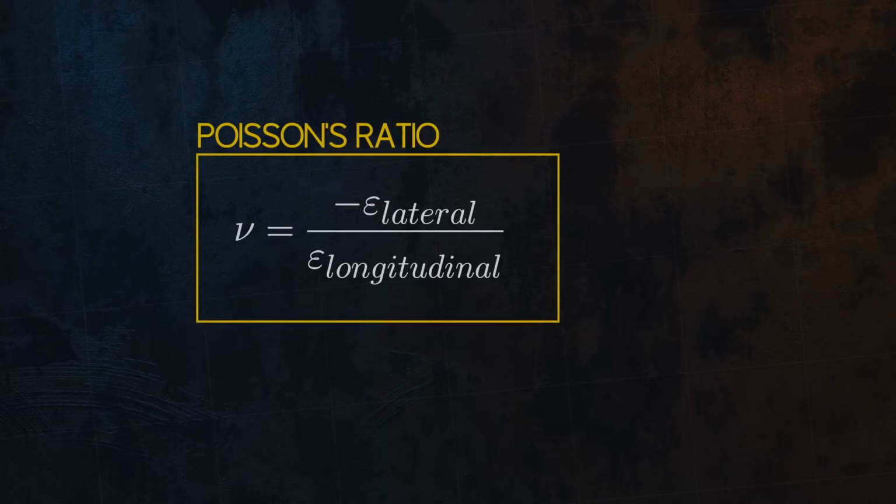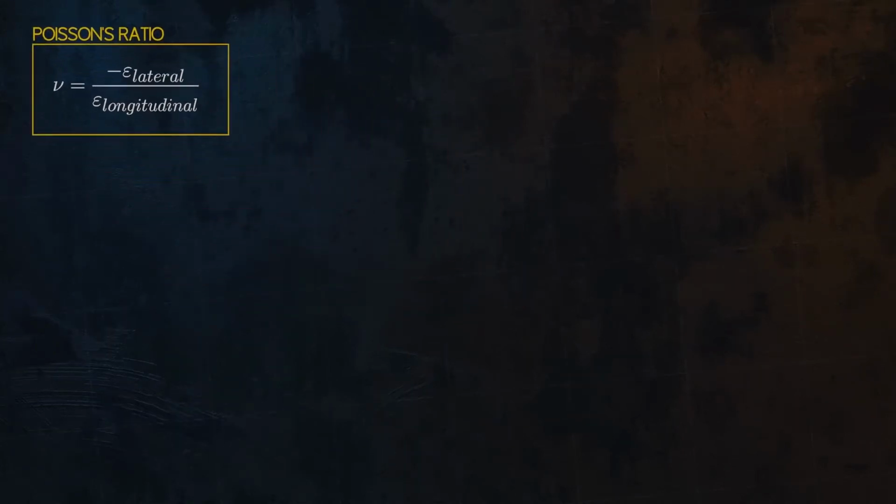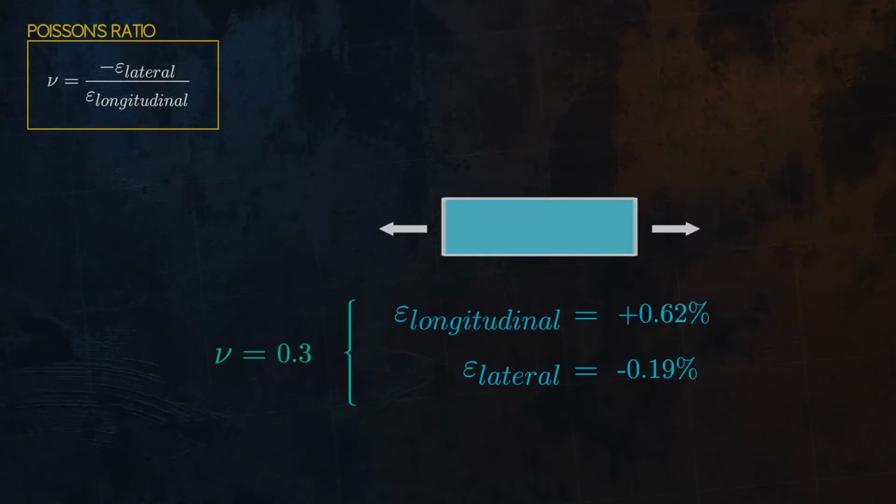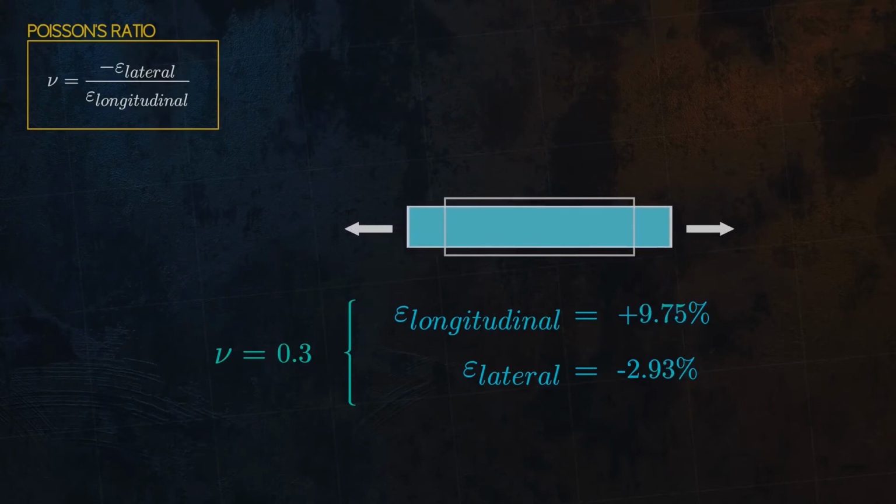If tensile strains are assumed as positive and compressive strains are negative, then the minus sign is just there so that for the typical case where the lateral strains are opposite in sign to the longitudinal strains, we get a positive Poisson's ratio. The Poisson's ratio is also a key parameter in plane stress. Next, we are going to take a look at plane stress condition.